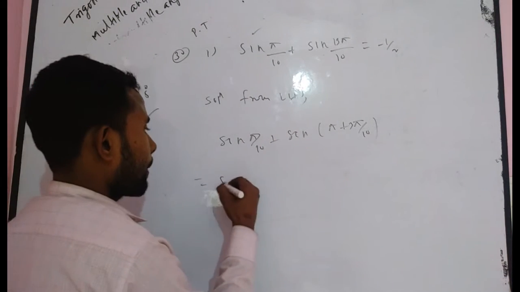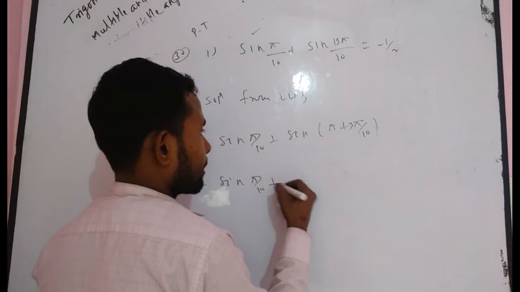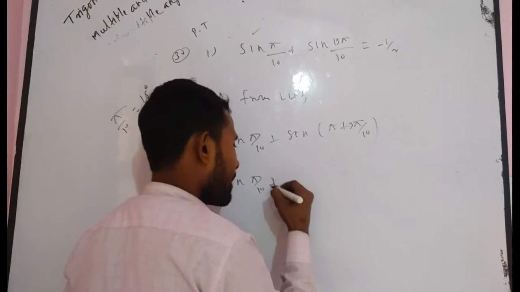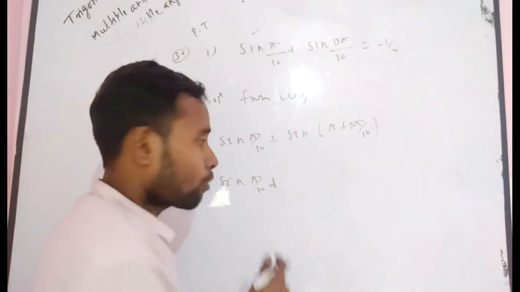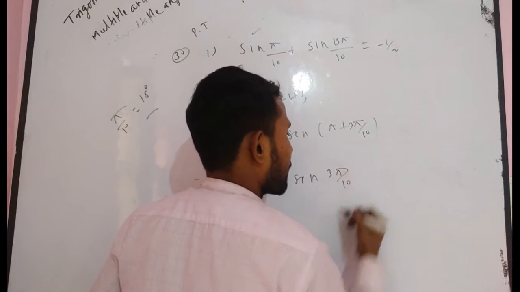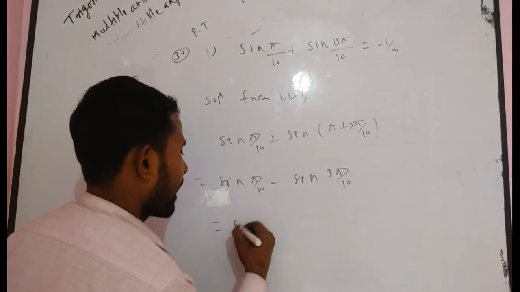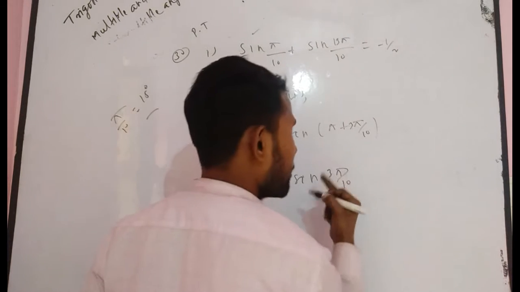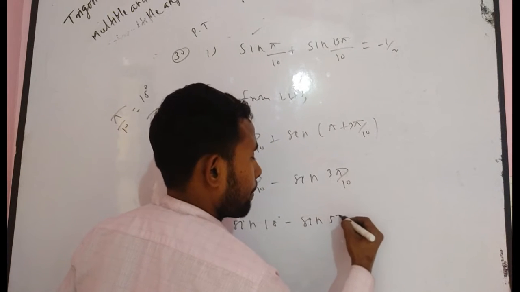I think you understand that. Now here you have to apply sin pi by 10 plus, it becomes sin pi plus theta. What is the formula of sin pi plus theta? Sin pi plus theta, that means it lies in third quadrant, so you can write sin minus 3 pi by 10. It becomes 3 pi by 10. I want to write in simplified form. Pi by 10, that means 18 degree minus, it becomes 18 into 3, that means 54 degree.